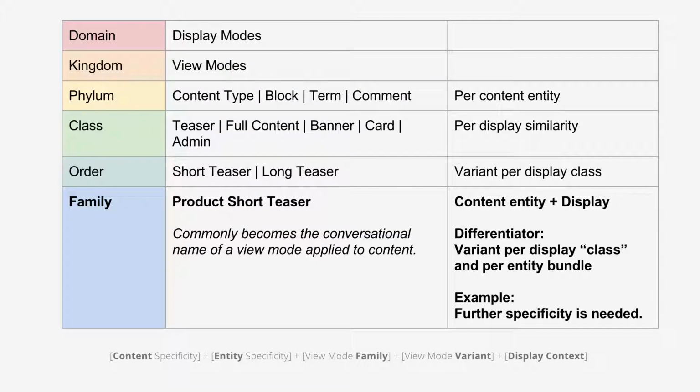You're good. So if we look at our taxonomic range, the product short teaser commonly becomes the conversational name of a view mode applied to a content type, right? You can make one, but this is just what people call it. Hey, did you update the product full content yet? And the differentiator here is that it's varied per display class. So it's kind of weird now. This was just more like what you call it over the day, but you might have to have some deep